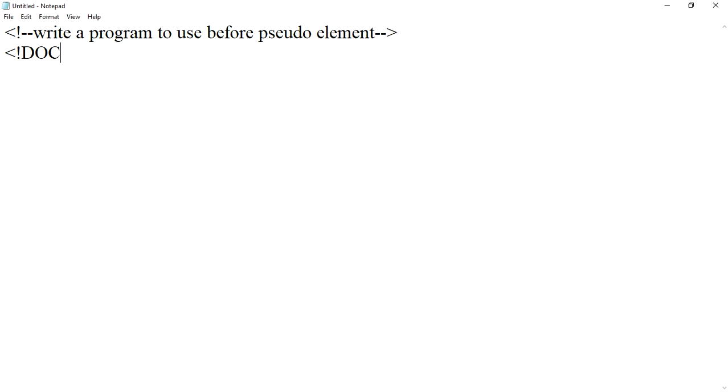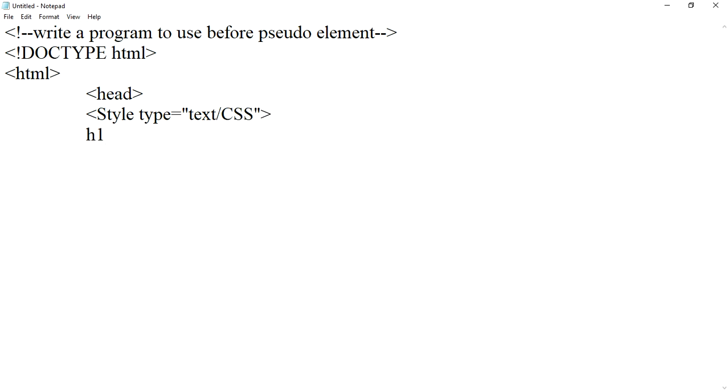We'll start with doctype HTML, HTML tag, head tag, style type equals to text slash CSS, h1 tag,